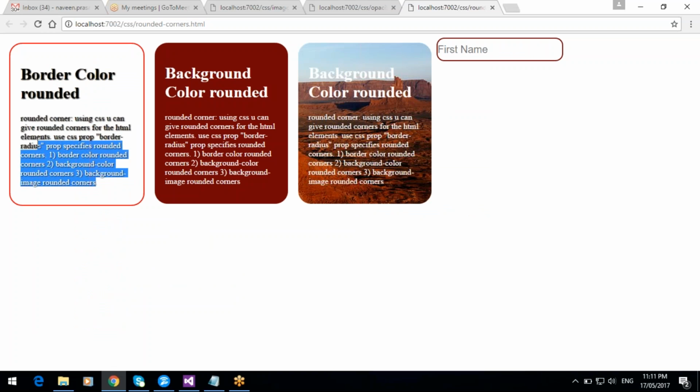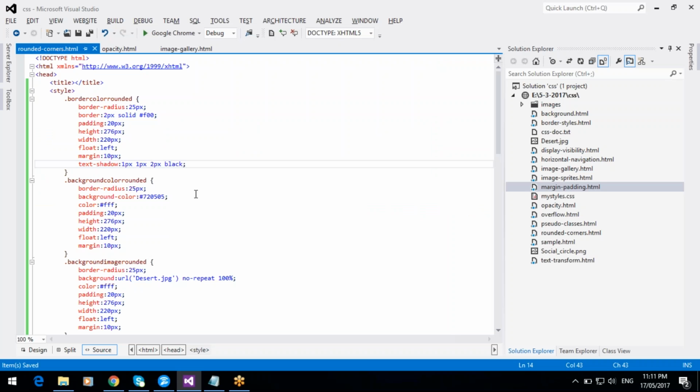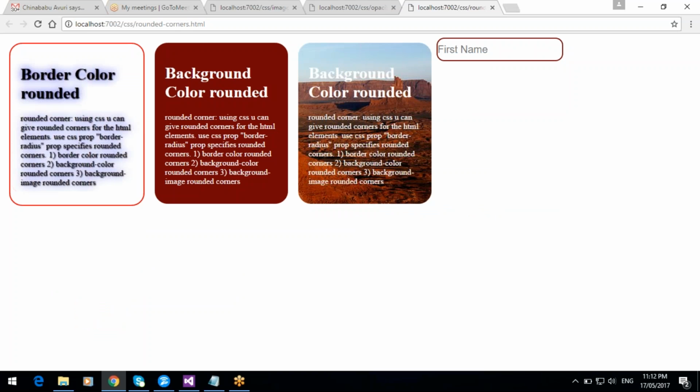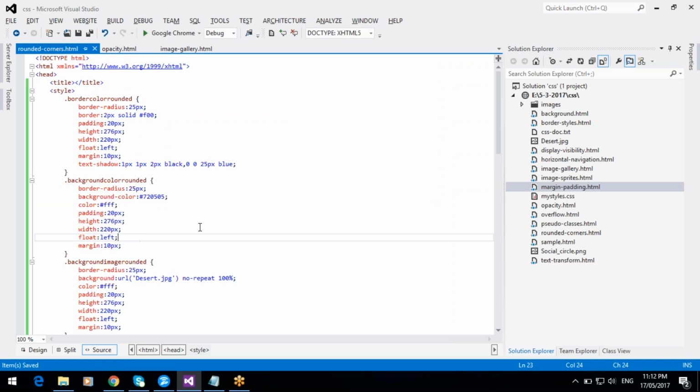Okay, shadow is applied for the text. Okay, you can find out shadow for the text. Okay, so blue color shadow is applied. Okay, so this is text shadow,